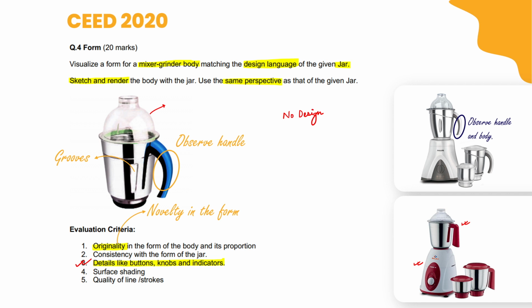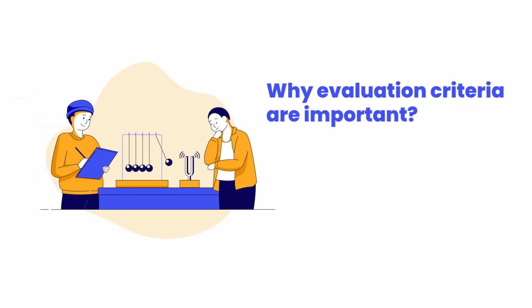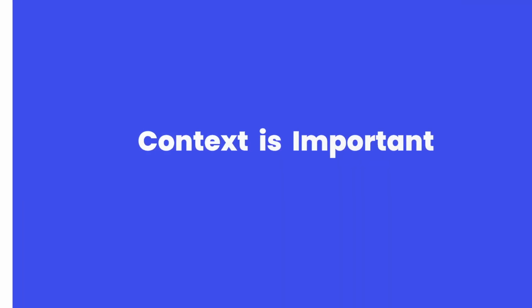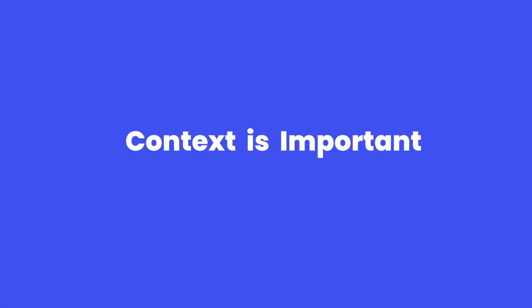The point I'm trying to make here is that whatever you are thinking of drawing in a particular question, by reading and understanding the evaluation criteria, you can easily avoid the unnecessary work and draw what is relevant and that can fetch you marks. And one more point, these evaluation criteria depend on the context of the question. They are not always the same for the same type of questions. This means according to the demand of the questions, these criteria are mentioned. This makes it even more important to keep them into consideration while attempting the question.